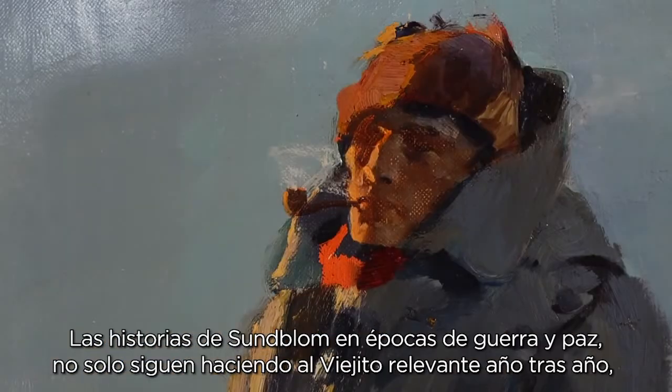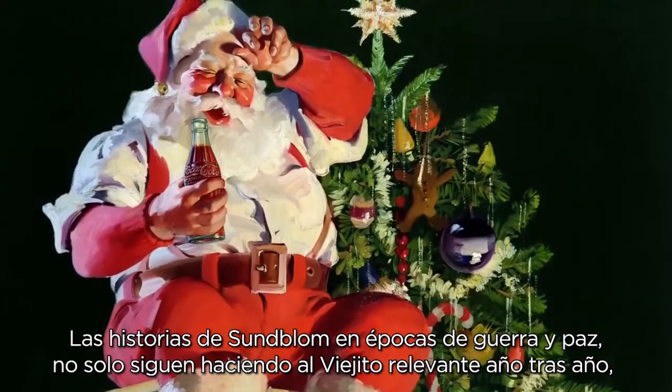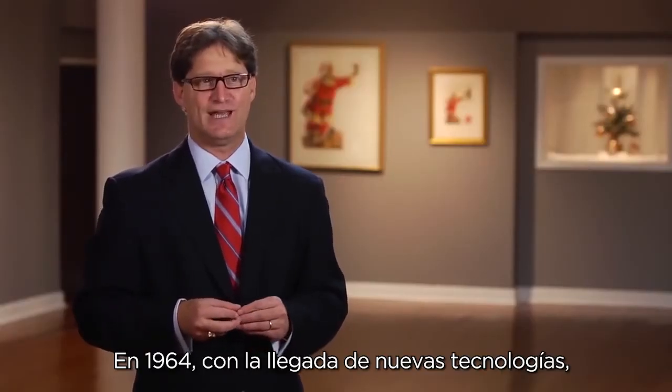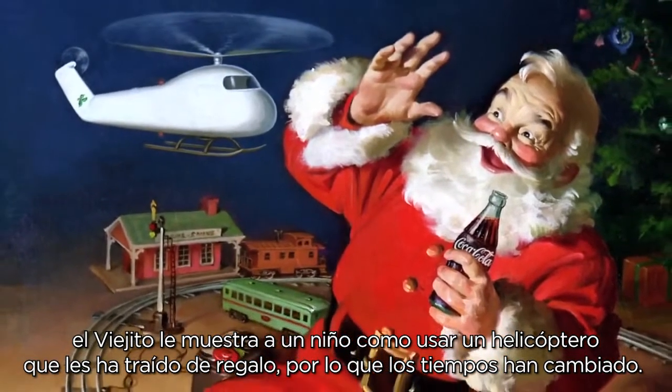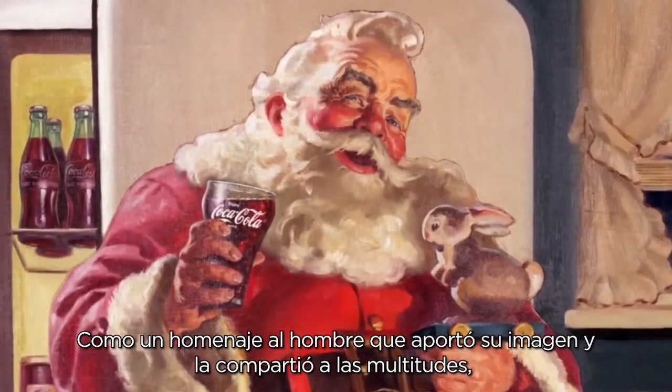Sundblom's stories, in wartime and in peace, not only made Santa relevant year after year, but are a testament to the changing times. And in that 1964 one, he has a brand new technology, and he's showing the kids how to use a helicopter that he's brought for them. So times had moved. As a tribute to the man who brought his image of Santa to the masses, his